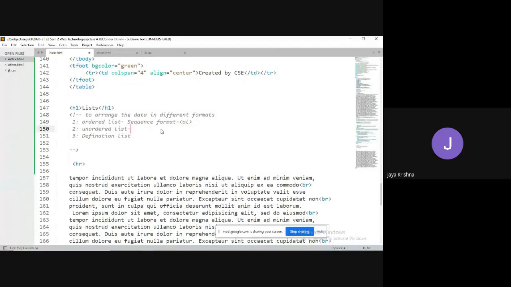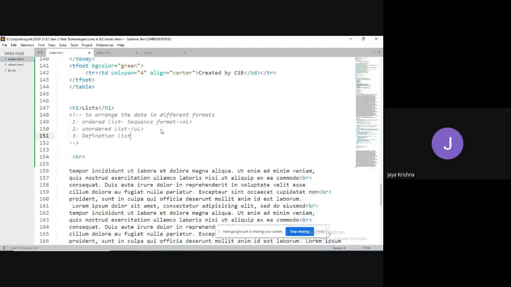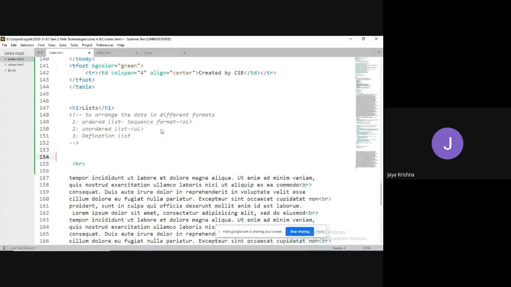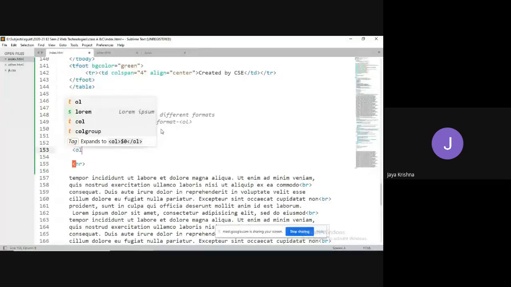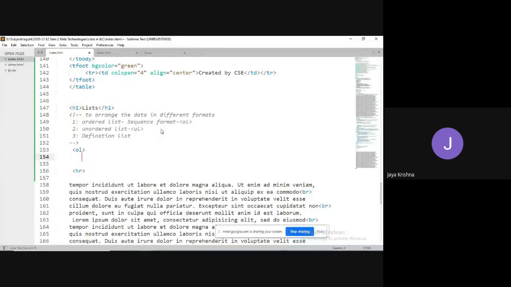Similarly, if you don't want to display data in the form of a sequence, and would like to display it with some kind of images or bullets, then I will go for the unordered list by using the UL tag. Okay, fine. Let me first explain the first one, ordered list. If you would like to create an ordered list, then I can go for the OL tag.